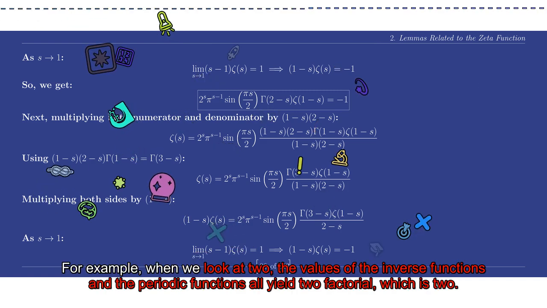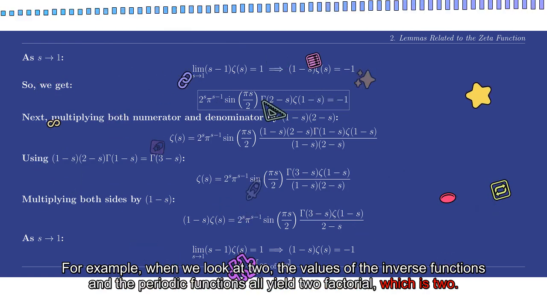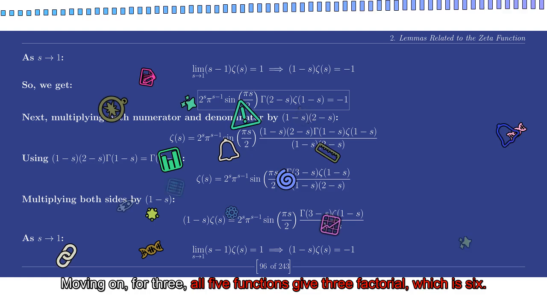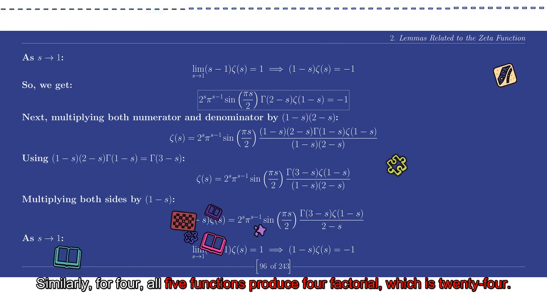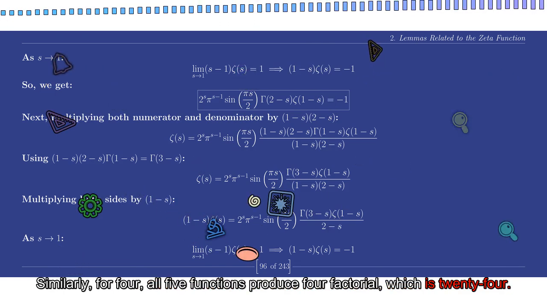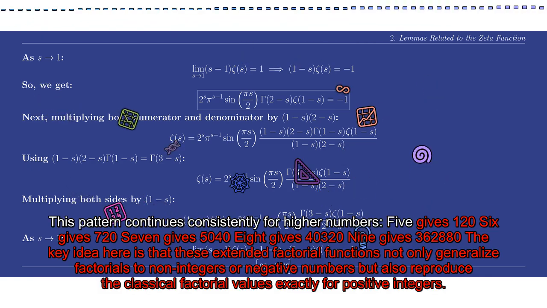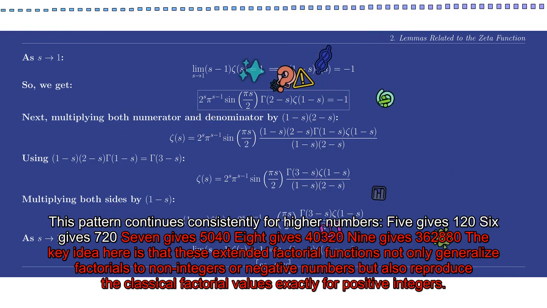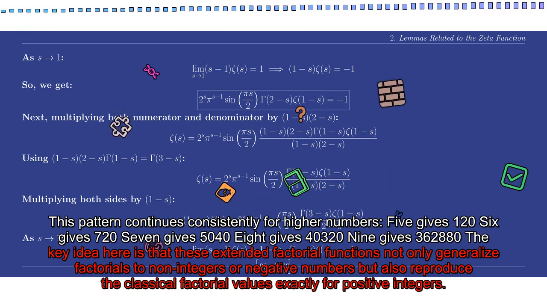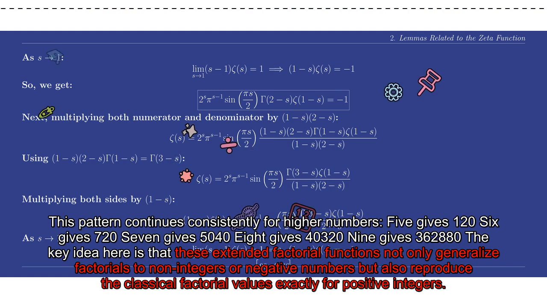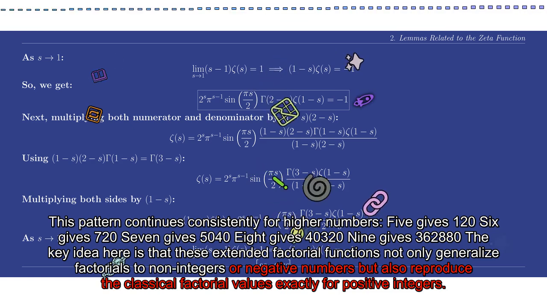For example, when we look at 2, the values of the inverse functions and the periodic functions all yield 2 factorial, which is 2. Moving on, for 3, all 5 functions give 3 factorial, which is 6. Similarly, for 4, all 5 functions produce 4 factorial, which is 24. This pattern continues consistently for higher numbers: 5 gives 120, 6 gives 720, 7 gives 5,040, 8 gives 40,320, 9 gives 362,880. The key idea here is that these extended factorial functions not only generalize factorials to non-integers